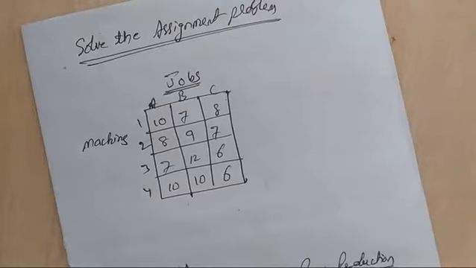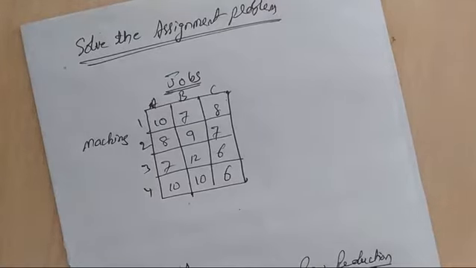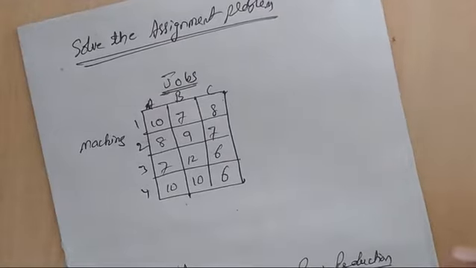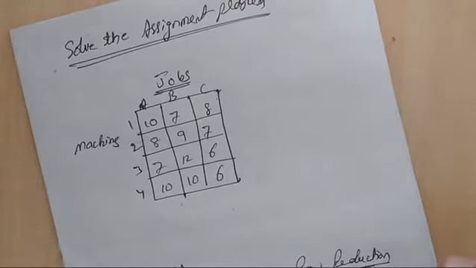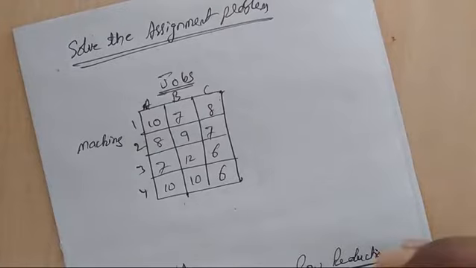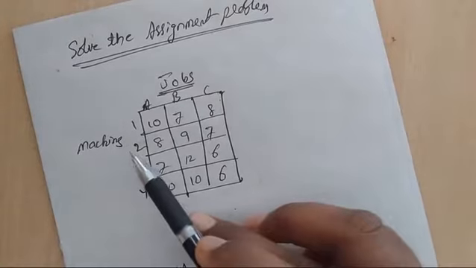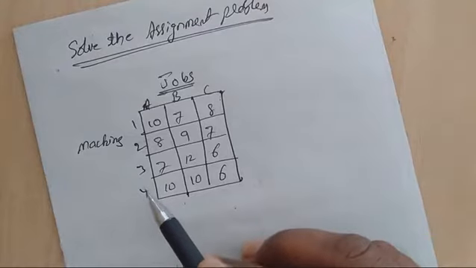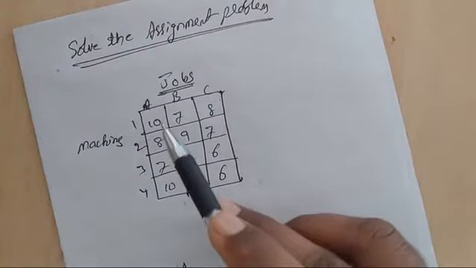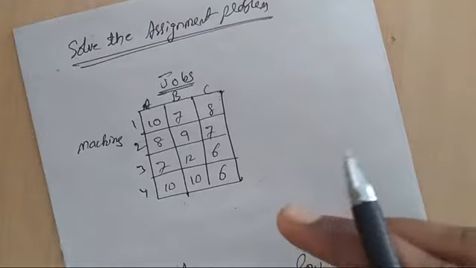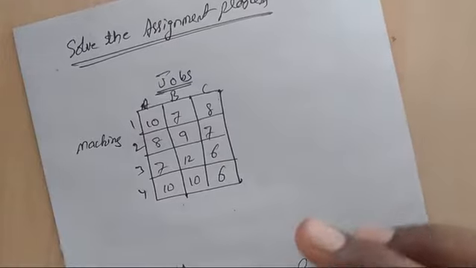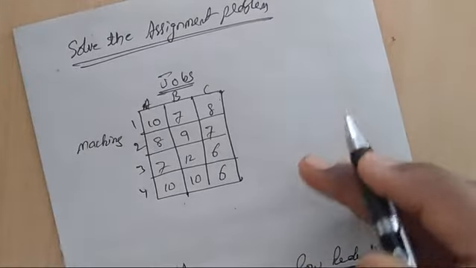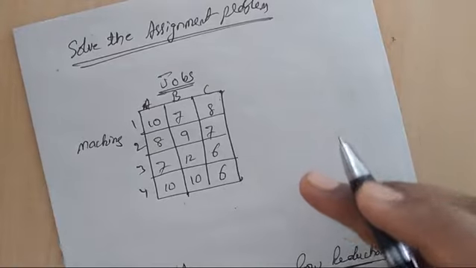So now next, we have to make the non-square matrix into a balanced assignment problem or square matrix. How can we convert the non-square matrix into the square matrix? By introducing a dummy row or column to the given problem. Here the number of rows is 4 and the number of columns is 3. So one column we have to introduce or add to the given problem with a zero cost.